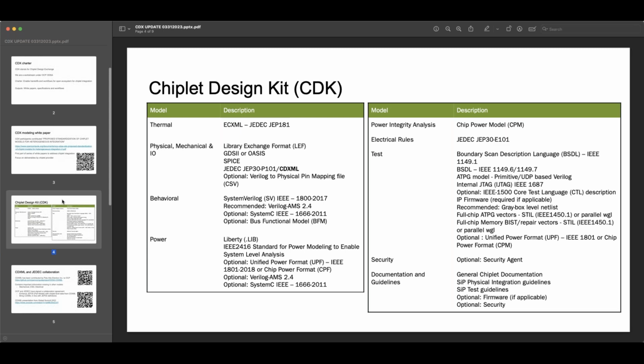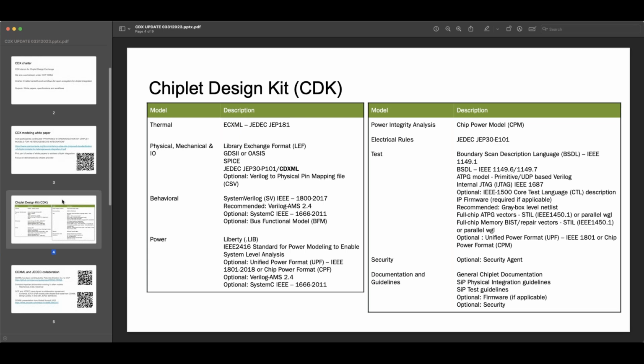So this is a catalog of all possible models, and is this going to be boiled down to a recommended list or a minimum list of models? Yes. Some of these models are required to do chiplet integration.